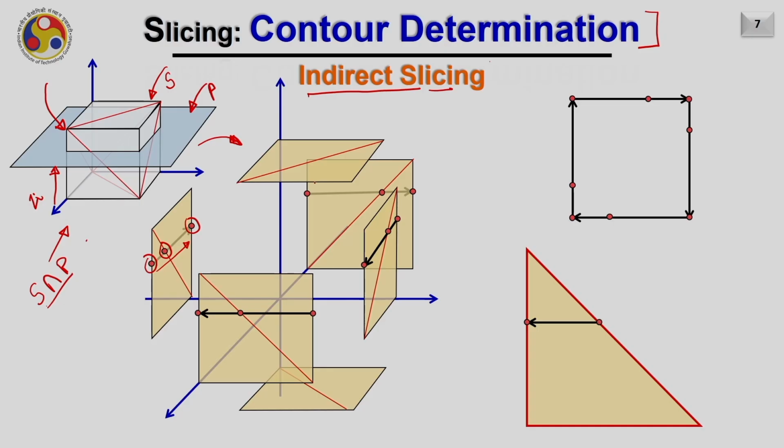In a similar fashion, if I consider this face of the cube, the intersection between the plane and the face will give me nothing but these points, and the collection of these points will give me nothing but the contour, which is here a line. In a similar fashion, this line I will obtain by the intersection of this face with this plane, and this line is obtained when we are taking the intersection of the cube with this plane. Now, if we are collecting these curves together to form a contour, it will look something like this. Here you can see these are the intersecting points, and hence they are forming a closed loop contour.